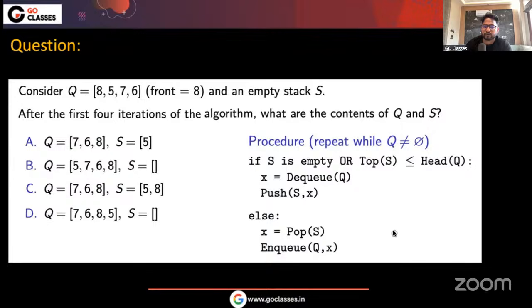Let me just modify the option. Okay, anyway, so I can say C is correct.